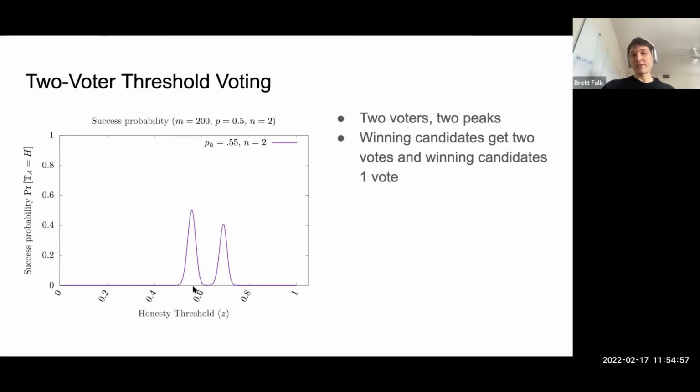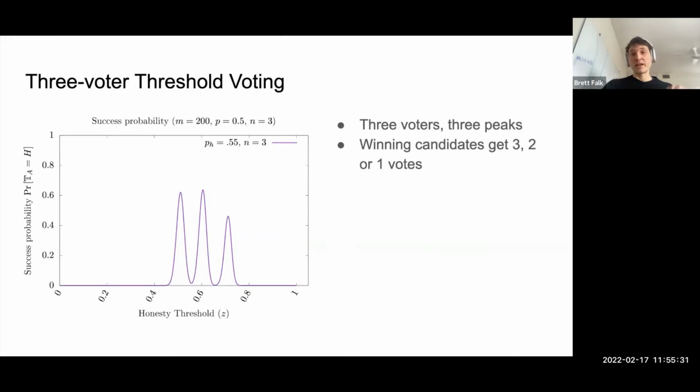But if you deviate from this optimal strategy a little bit, you totally kill your chances of electing an honest committee, because now essentially this is the case where everybody is getting 1 vote. The honest and dishonest people are both getting 1 vote. You can't distinguish them anymore. And if you raise things a little bit, then the honest people get 1 vote and the dishonest get 0. And then back down here, nobody gets 0. So this is kind of worrisome: once you have 2 voters, the optimal strategy is now very, very delicate. If you're off from it, you are in bad shape.